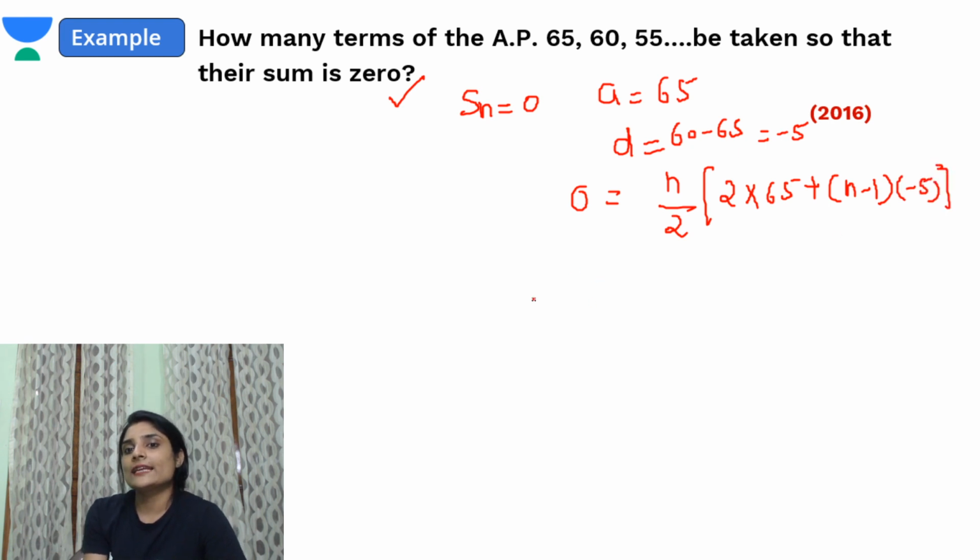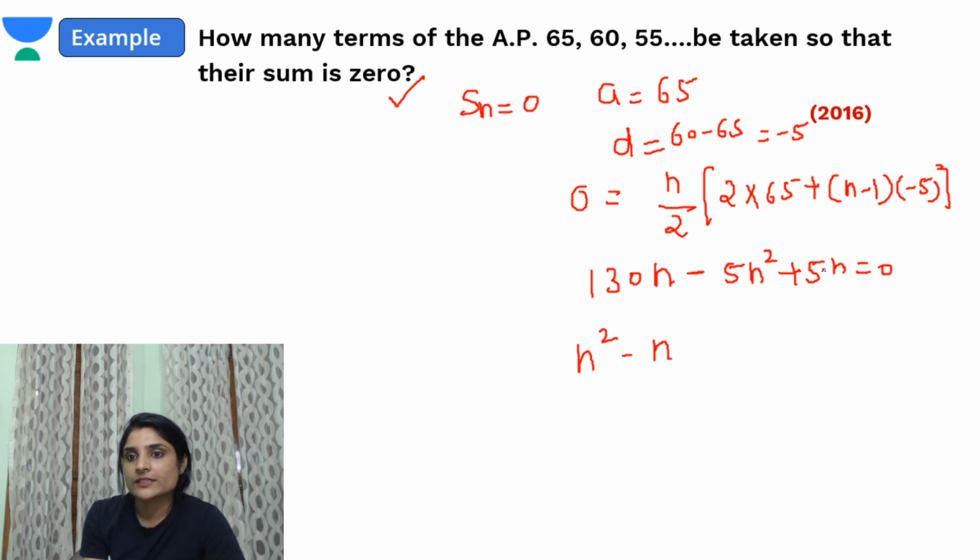So 65 into 2, that means 130n minus 5n square plus 5n equal to 0. And n square minus n, wait, this should not be n, this is minus 5. 5n square minus